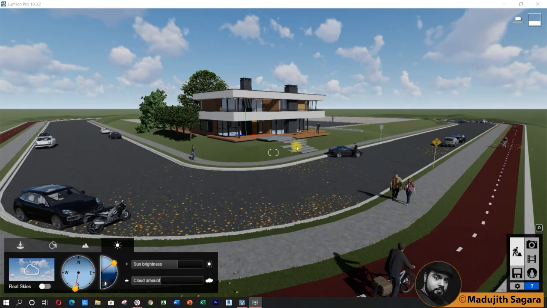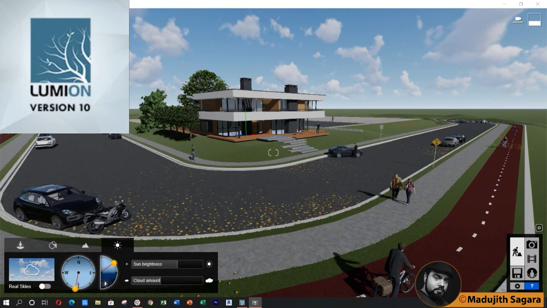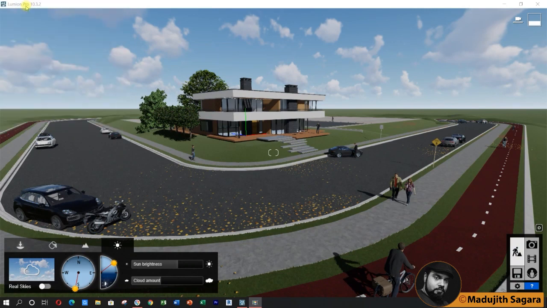In this video, you will be taught each and every step of Lumion editing. After going through this video fully, you will be able to do your own project, actually render your own project using Lumion software. Here I am using Lumion 10.3.2, the latest available version of Lumion. They are telling they will release Lumion 11 next year in February. This is 2020. They will release Lumion 11 in 2021 February.